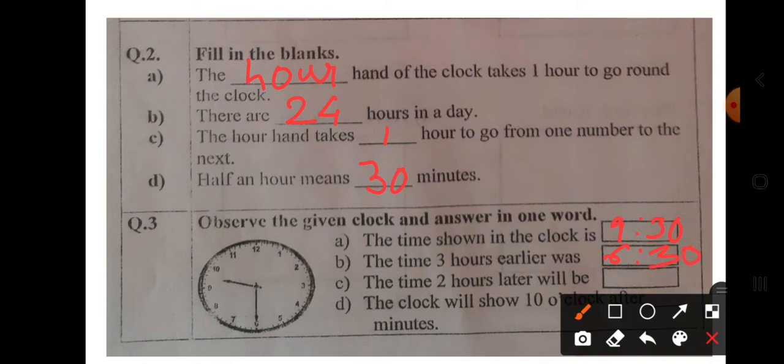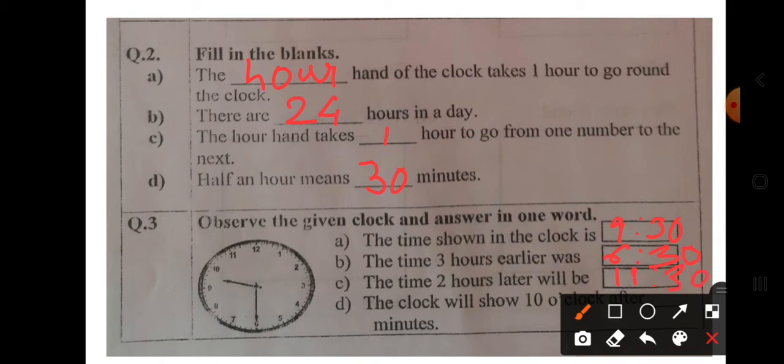Okay. The time 2 hours later will be, that means after 9:30, 2 hours after 9:30 will be, we'll add 2. That is 9:30. Then 1 hour after that will be 10:30. Then 11:30. So what will be the hour? It will be 11:30. After 2 hours it will be 11:30.